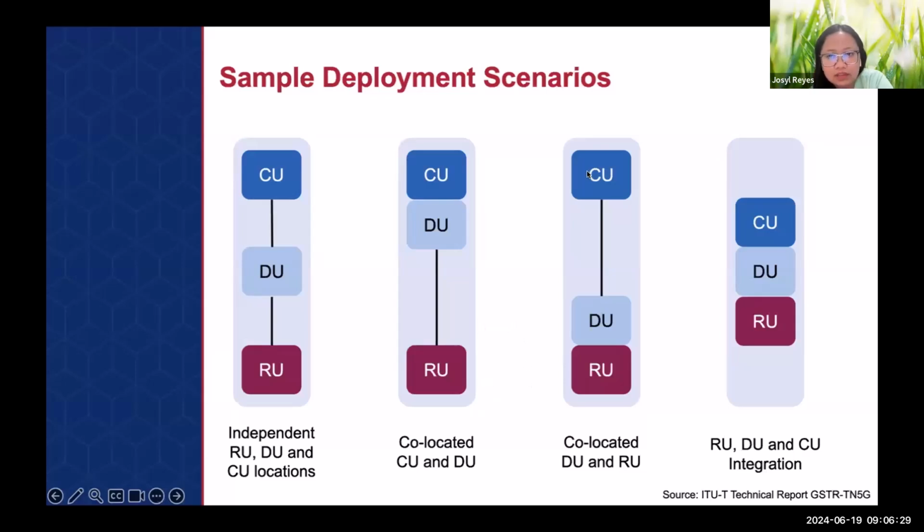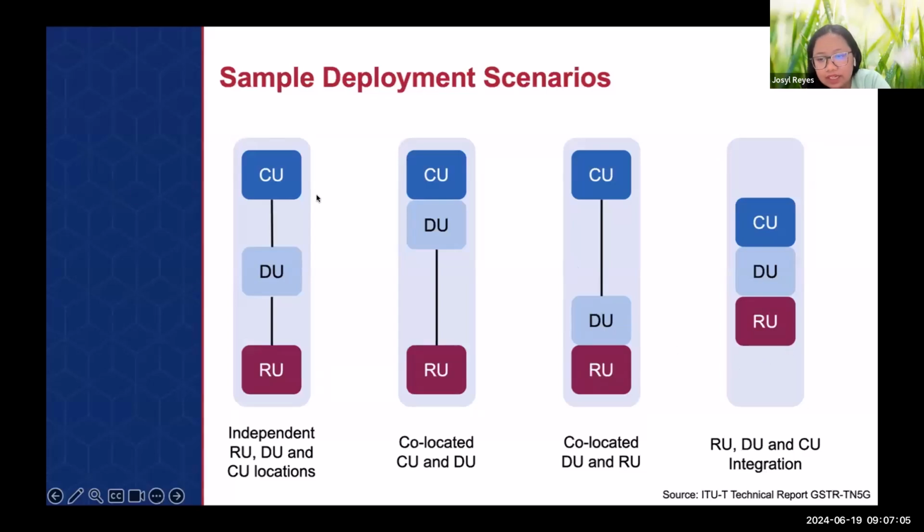And then another one, the third deployment scenario, is the CU and then the DU-RU. Here there is a front-haul interface, but it is quite short. They can be in the same building. And then the mid-haul interface here may be far apart, kilometers away. So this one may be good for dense networks where the majority of the processing should be done near the end users.